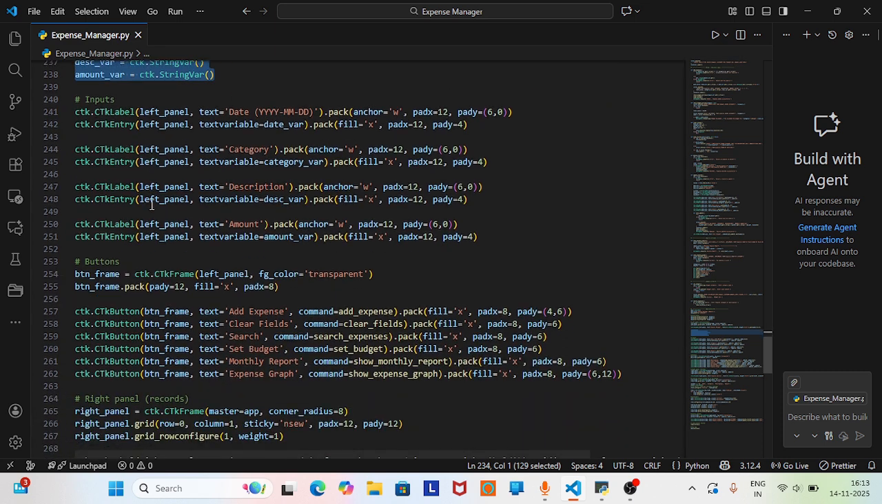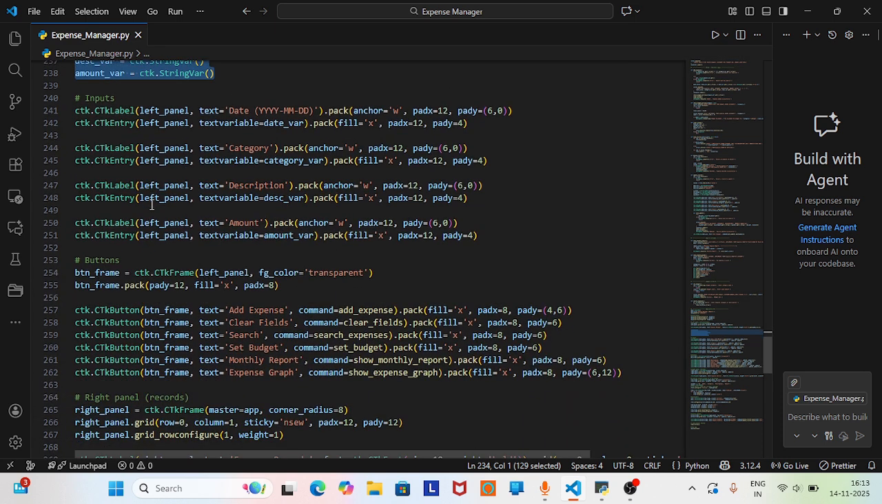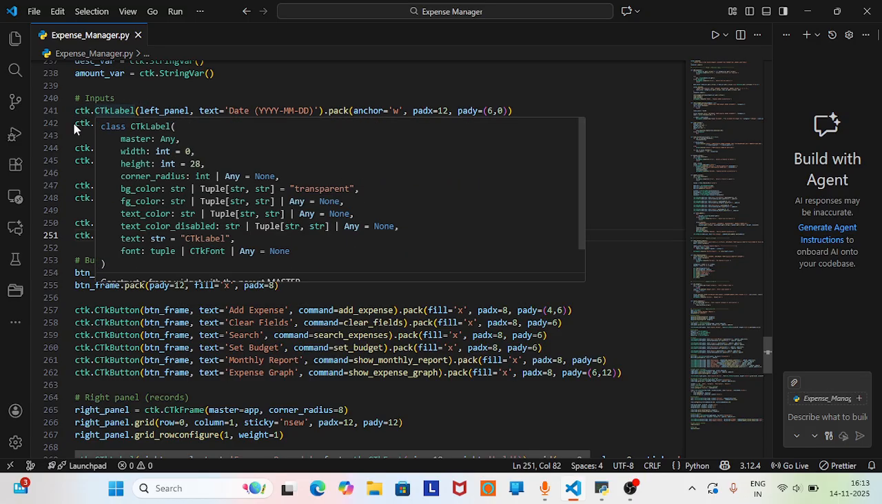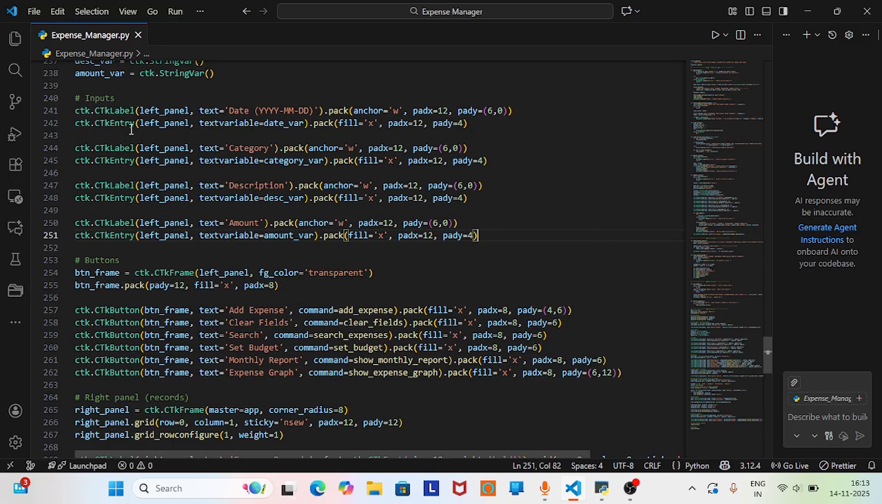Okay, then we have the inputs part, which is basically on the left panel how we had defined it. Particularly, like you have seen, the edit window has been defined there. It is similar to what we have defined here. Right here I have used the CTk label and the CTk entry, defining the frame